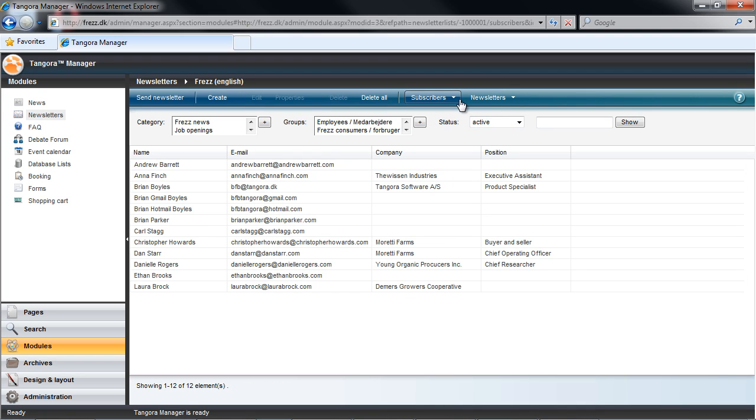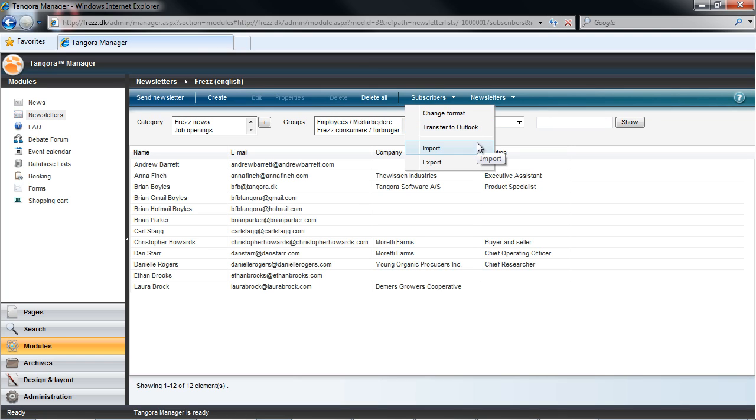To the right of this grouping of buttons, we have two select boxes, Subscribers and Newsletters. The Subscriber select box gives me the option to change the format in which a grouping of subscribers receives a newsletter. This could be text or HTML, and we'll learn about that difference a little bit later. We could also transfer a list of subscribers to Outlook. So if we wanted to take advantage of Tangora's targeting possibilities while sending out a correspondence from a regular email program, which for many is Microsoft Outlook, then here's what we could use.